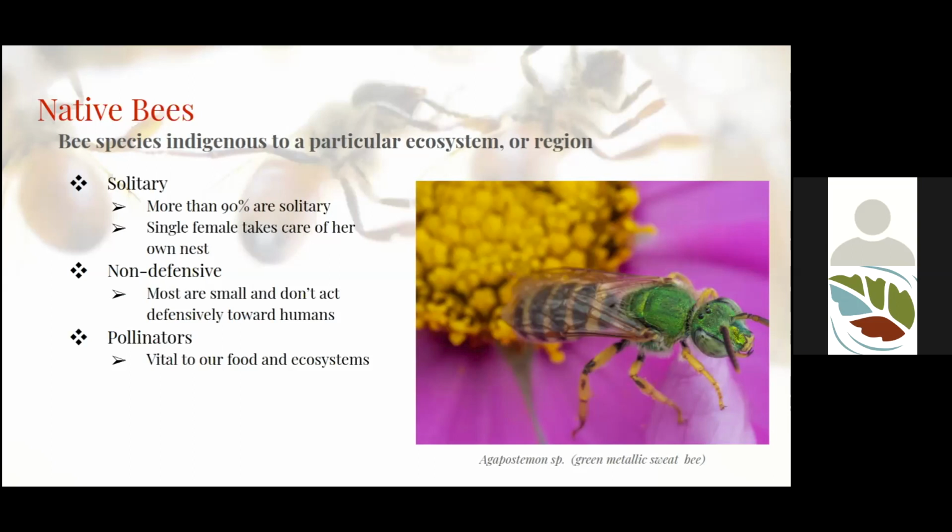The characteristics that group bees all together are their phylogeny and their diet. Phylogeny, they're in the order Hymenoptera. They're really closely related to wasps and ants, and they share many genetics in that way. And then their behavior and their food is that they consume all of their food from flowers.